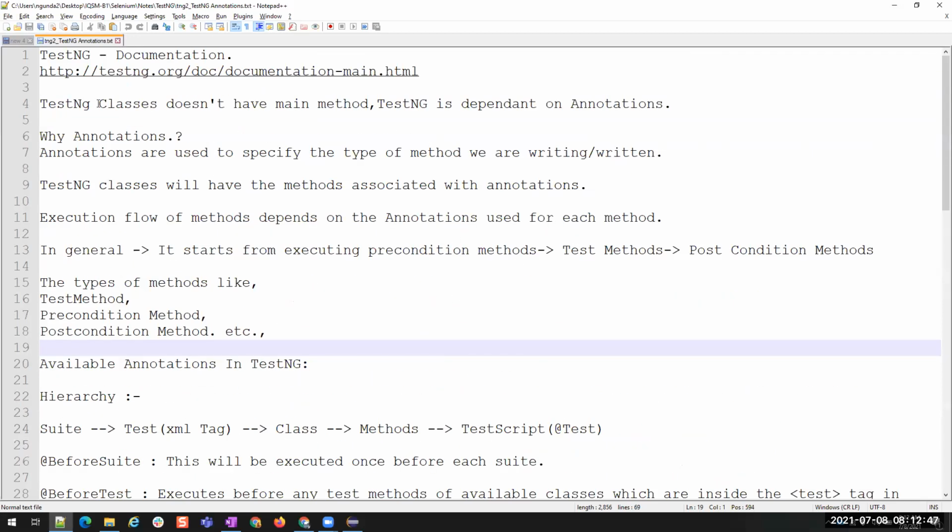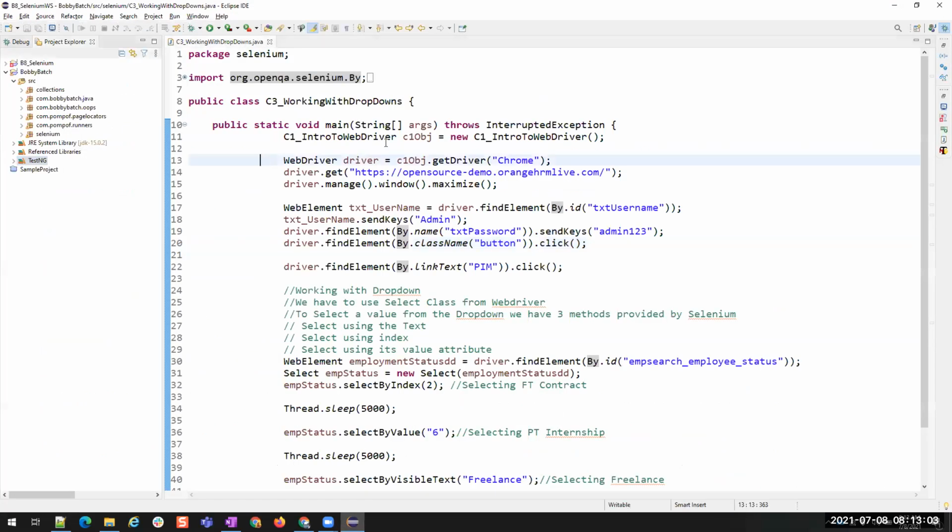All right. So the most important point is this: TestNG classes don't have a main method. If you want to execute something, it should be inside a main method, right? But what I am saying is TestNG doesn't have a main method.